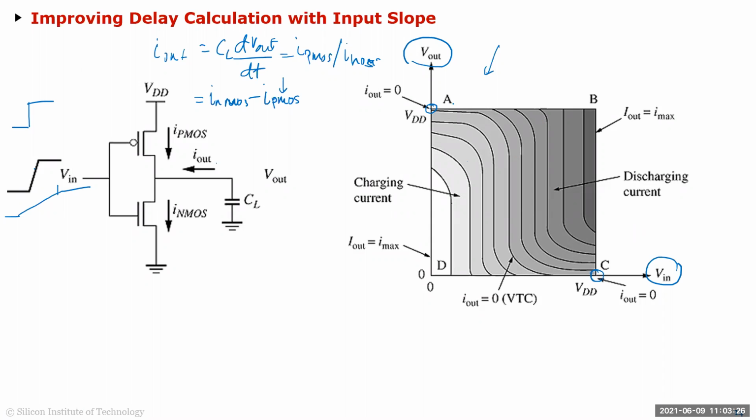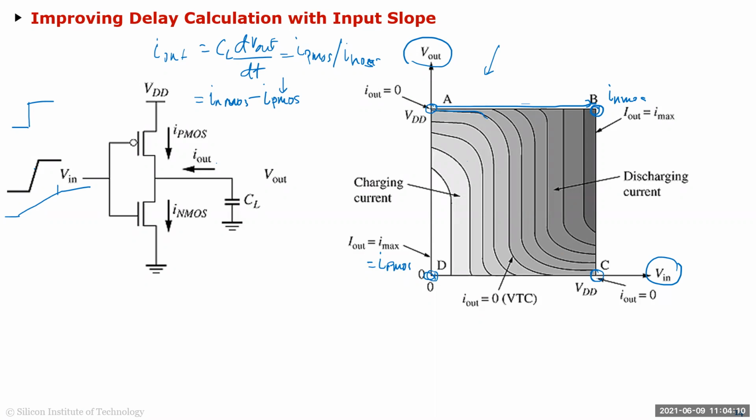Now, the cases we have been calculating so far are actually these two ends here, because we assume that we switch the input from 0 to VDD immediately. So we go lightning fast to this node, and then we use this current to calculate, which in this case is I NMOS. Or the other way around, where the input is VDD and it immediately goes to 0. That means your PMOS is fully on, and I out is equal to ID sat of PMOS, right? But if it is going somewhere in between,